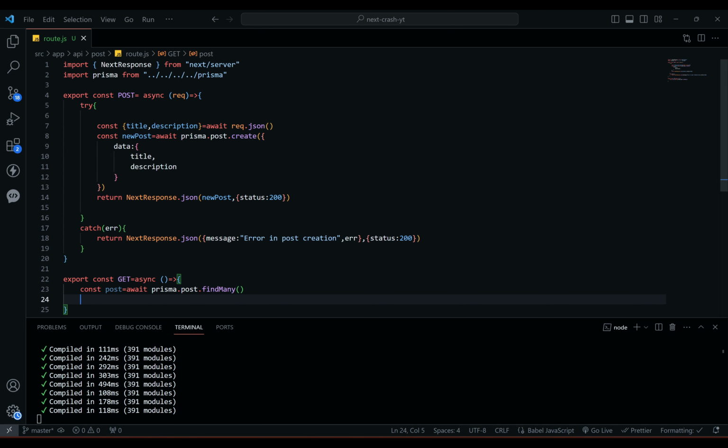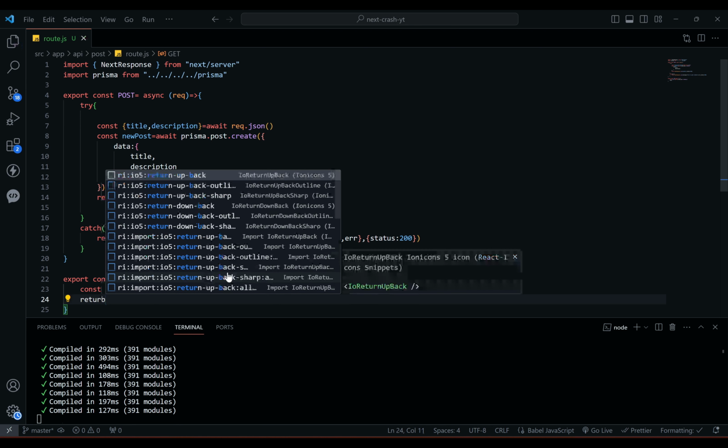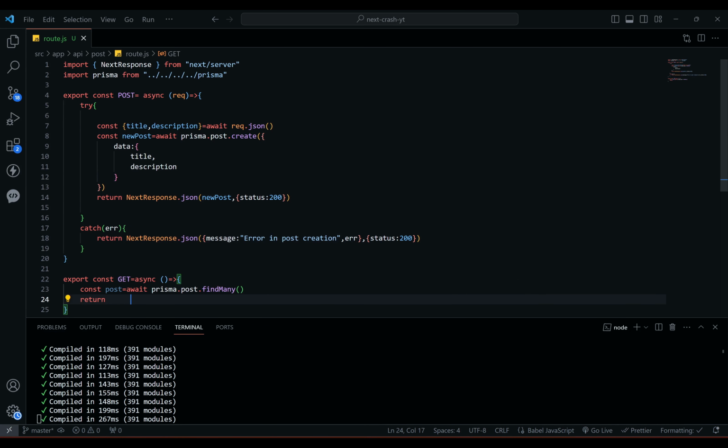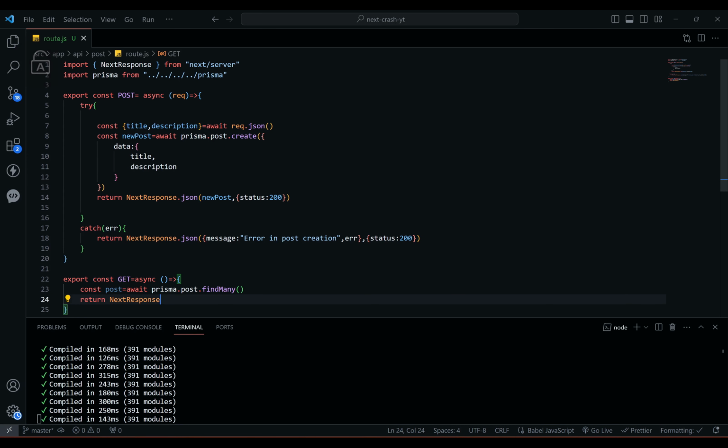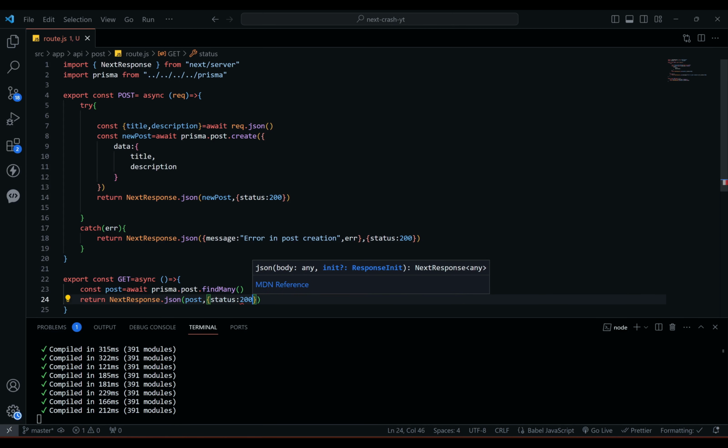It should get all the posts, and let's return as the next response. NextResponse.json, and let's pass the post. Status should be 200,